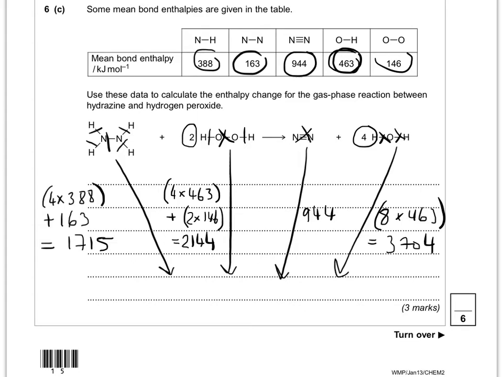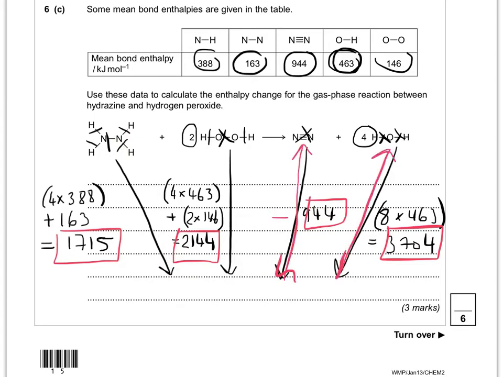So it's these big numbers that we're using in our calculation, but these last 2 arrows need to be swapped round because we need to go down first and then back up again. So these 2 numbers are made negative instead. So it's minus 944 and minus 3704, and then just add them all together. So you got 1715 plus 2144 minus 944 minus 3704, and that should equal minus